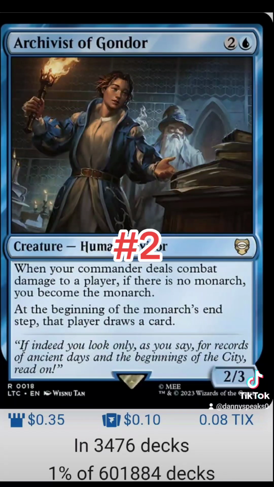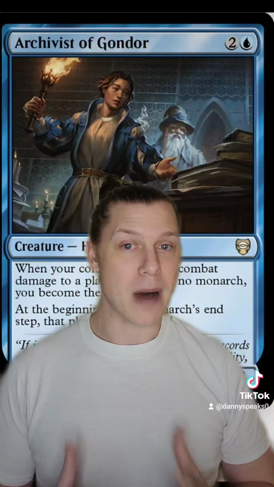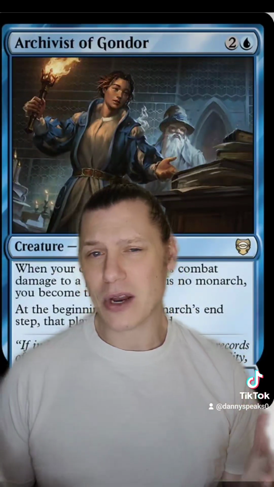In the number 2 slot, we have Archivist of Gondor. For 2 and a blue, we get a 2/3 creature, Human Advisor. Whenever your commander deals combat damage to a player, if there's no monarch, you become the monarch. At the beginning of the monarch's end step, that player draws a card. Archivist of Gondor is really sweet in any of the monarch-focused decks,